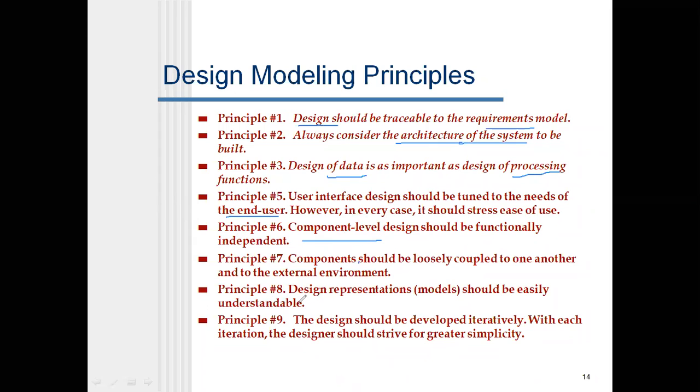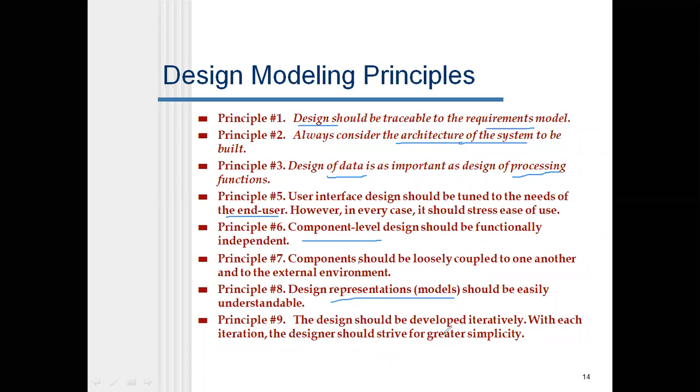And coming to the eighth principle, design representations should be easily understandable. So whatever models you are going to draw, those should be understandable. And next, the ninth one is,